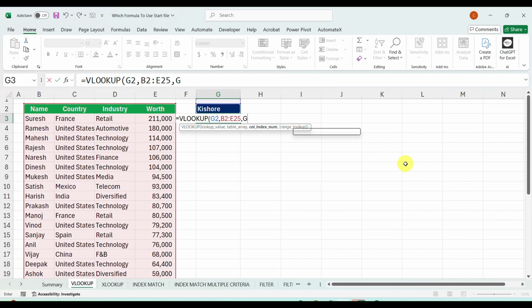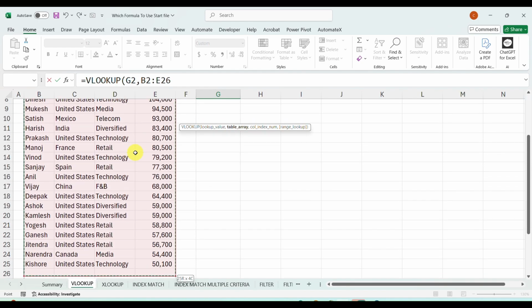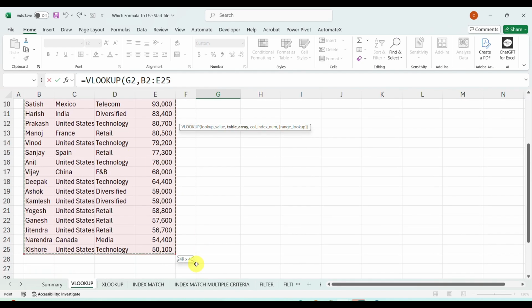In case of a large data set, once we have selected the table array with Control Shift right, Control Shift down, you see the 4 is already visible. You need not count it every time. For the manual counting I was showing you this. If it would be 6, then 6 will be visible. So you'll have to put comma 4.